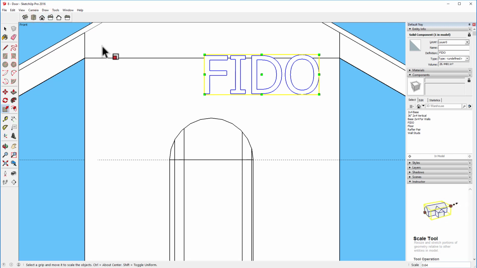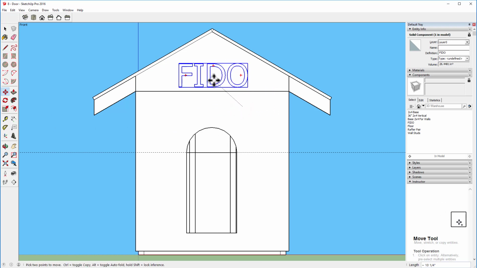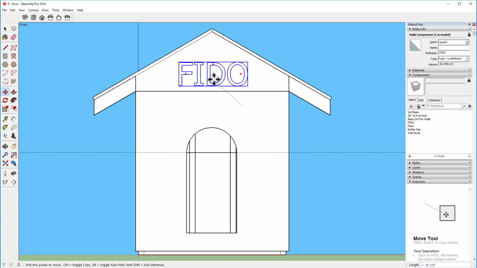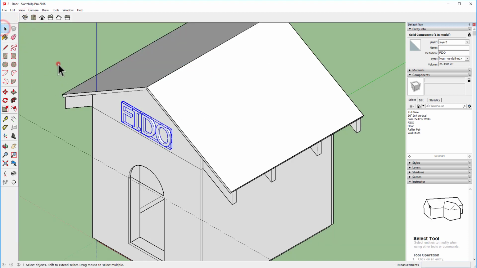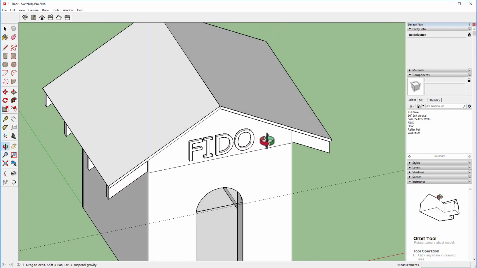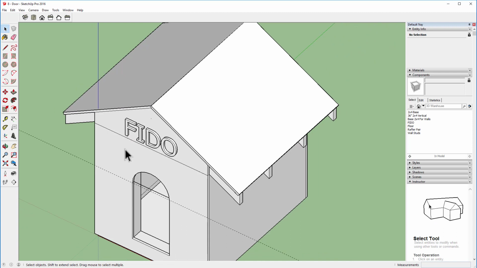I'll go to the front here, do Zoom Extents, and now I will use the Move tool to just click and put Fido. Let's see, we'll just kind of try to get it centered up there over the front. We've now got Fido attached to the front. You can think of them as wood letters, whatever, but let's go ahead and move on to the next thing that I want to show you,